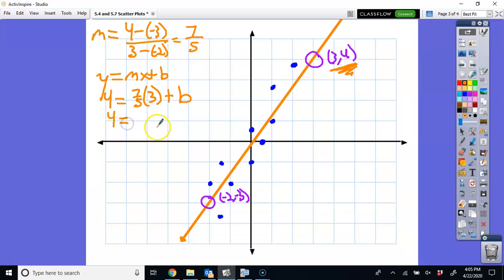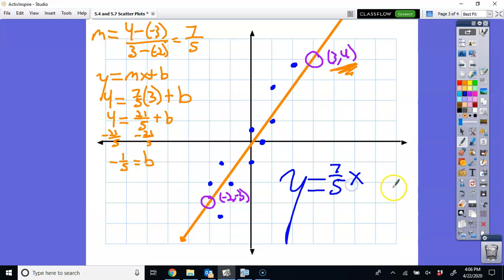So I'm going to do a little bit of math in my head here, but you can use a calculator. 7/5 times 3 is 21/5. Yes, that is 4.2 if you're using decimal. You subtract 21/5 from this side. What you do to one side, you got to do to the other. You get -1/5, or yes, as a decimal, -0.2. So my final answer for my equation would be y equals 7/5 x minus 1/5, for b, my beginning